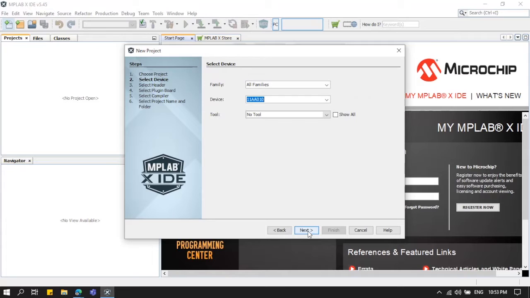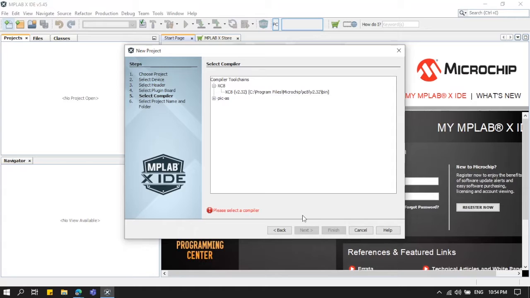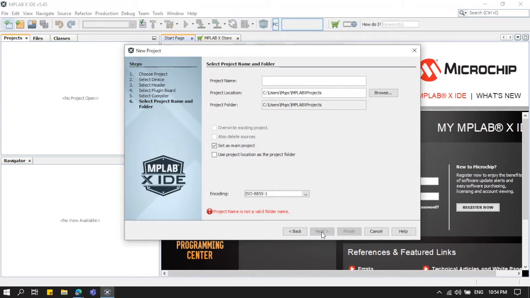Next we will change this device to the model of the IC, which is a PIC16F18875, and then click next, and click on XC8 and next, and name your project